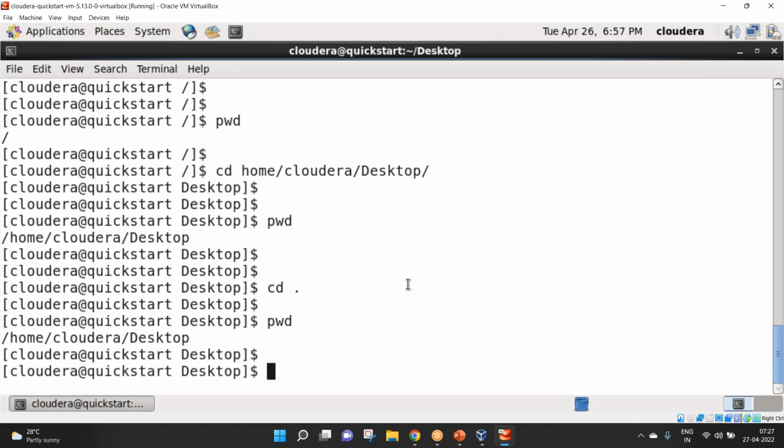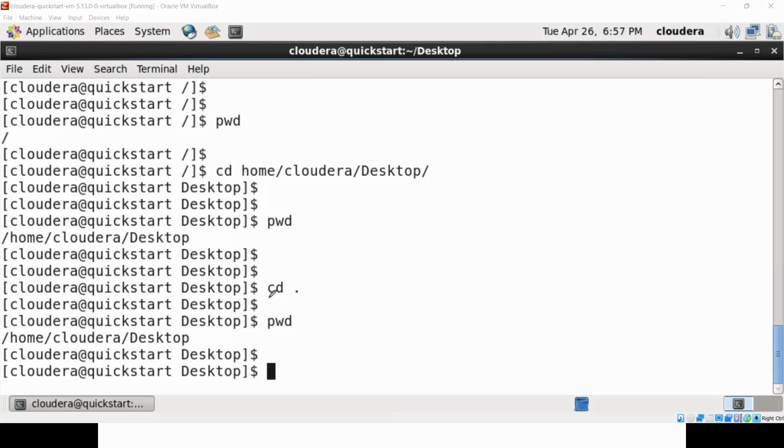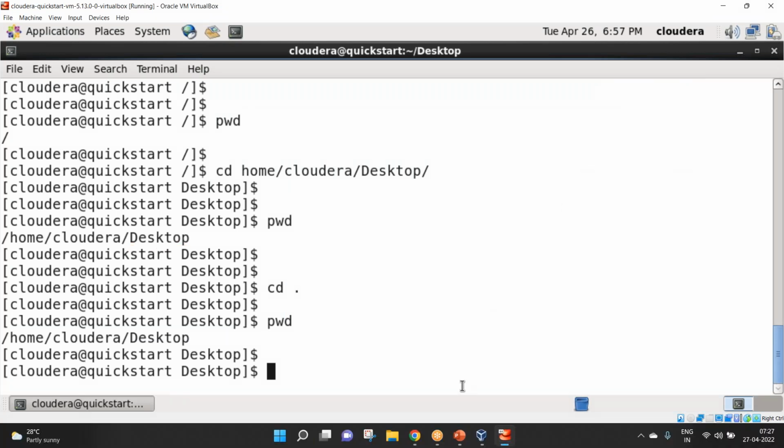So it's like, you are at your home and you have boarded into your car and you're saying that, okay, go to your home. It will not take you anywhere. It will stay at the same location, right? The same thing is happening here, because cd space single dot has got special meaning. Single dot represents the current directory in Linux. So that's why initially it was in the desktop directory. After typing the cd command also, it is still in the desktop directory, because single dot represents the current directory in Linux,